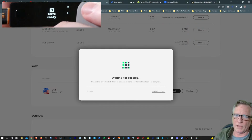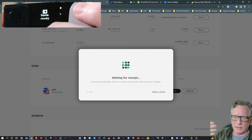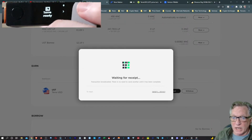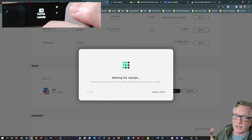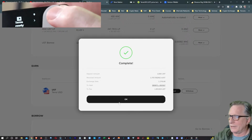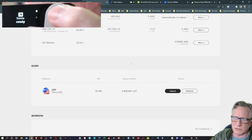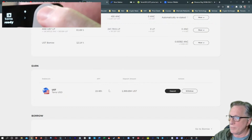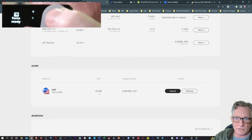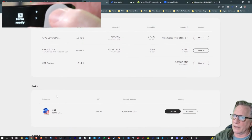All right, so now it's like I put my UST in this bank, right? But it's a smart contract, right? So that's my money. There's no risk. I mean, there's risks in the platform in general, like hacks, bugs, rug pulls, all that kind of stuff, right? But I've got like $2,000 in here earning 20% over the year, right? It's not bad, right? I can go over to earn here,